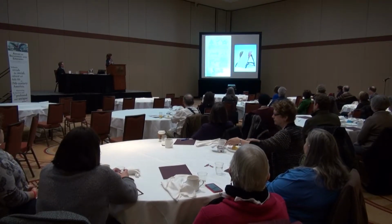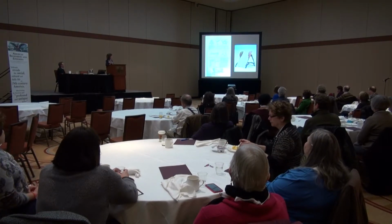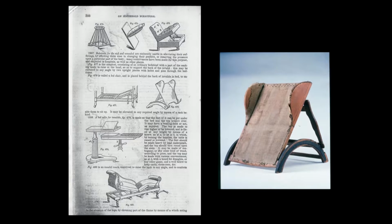Other, more mundane images are also extremely helpful. This is, on the left, a page from the Encyclopedia of Domestic Economy from 1845. It shows furniture for the invalid, for the sick, for the disabled. The sort of visual reference is really key for understanding some of the objects that are in collections, in museum collections. They might not know specifically what they were used for. This, you can sort of figure out, this looks like a chair. It's got the wing back here, suggesting that it might have been used as some sort of chair, but